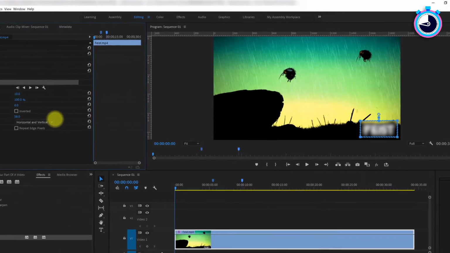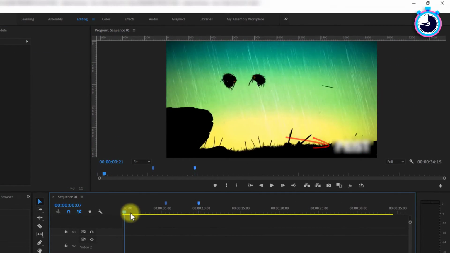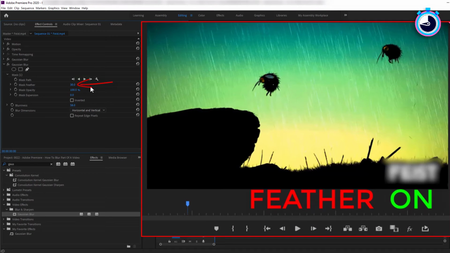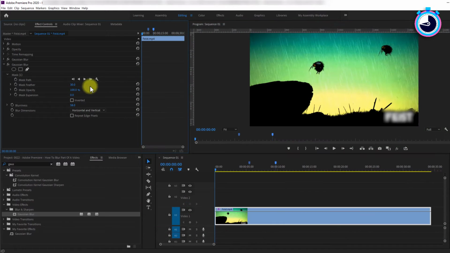This looks good, but the blur has sharp edges which could do with some improvement. To blend the blur's edges with its surroundings, simply increase the mask feather value over in your effect controls. Much better. Now, in addition to the basic controls, you may find mask expansion handy in the event you want